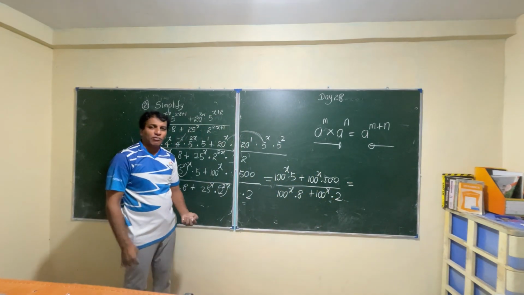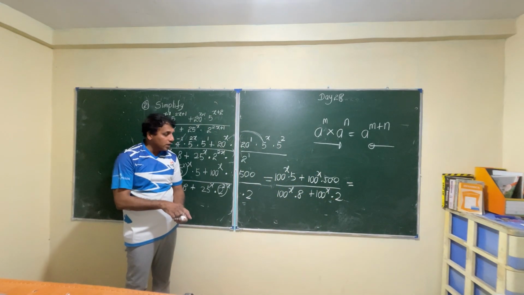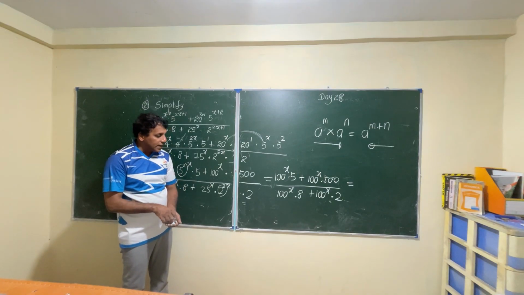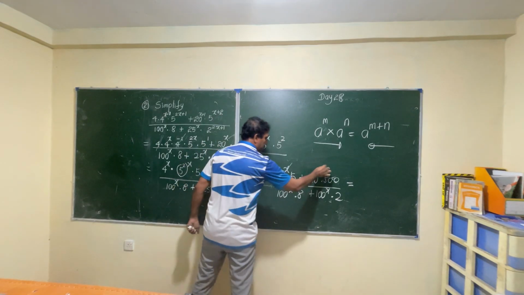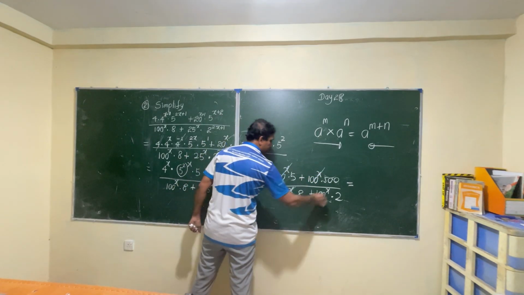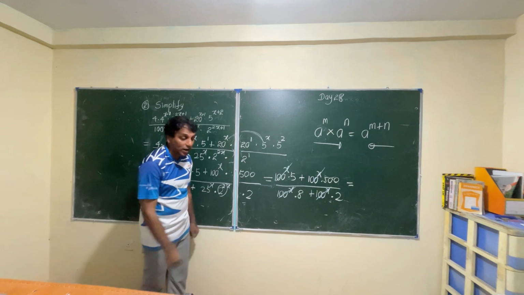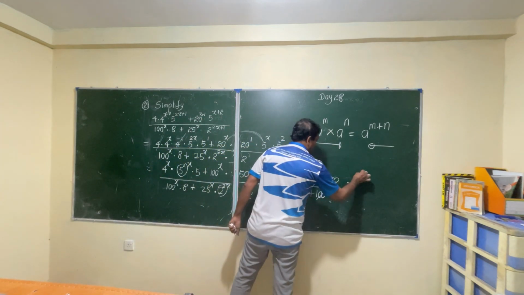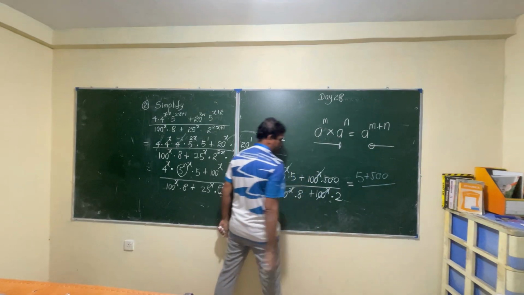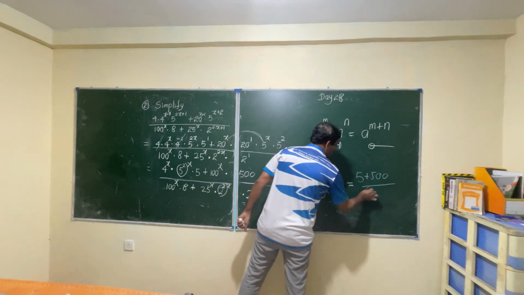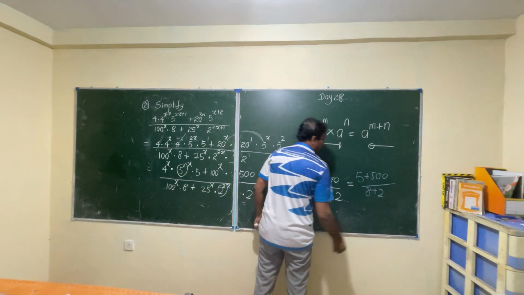Now the final stage of this answer. Everywhere the power x cancels: 100 to the power x, 100 to the power x, 100 to the power x cancel. So what is the balance part? 5 plus 500 over 8 plus 2. Therefore the answer